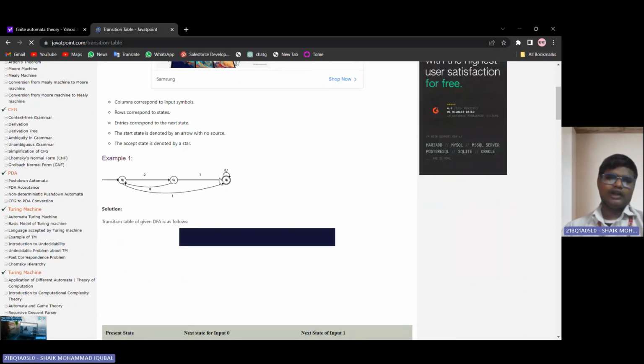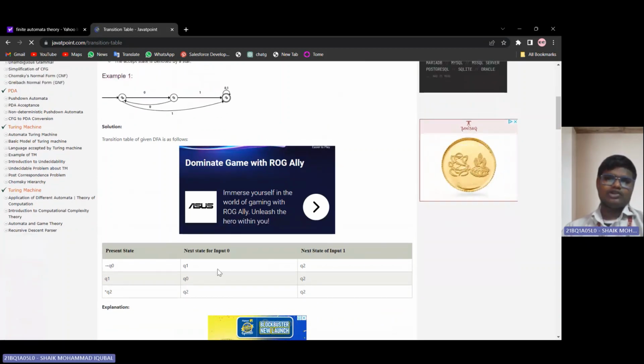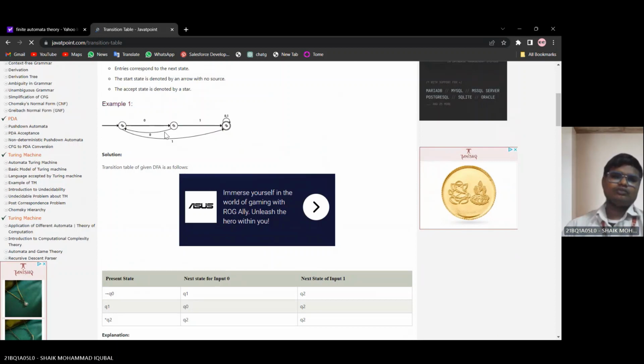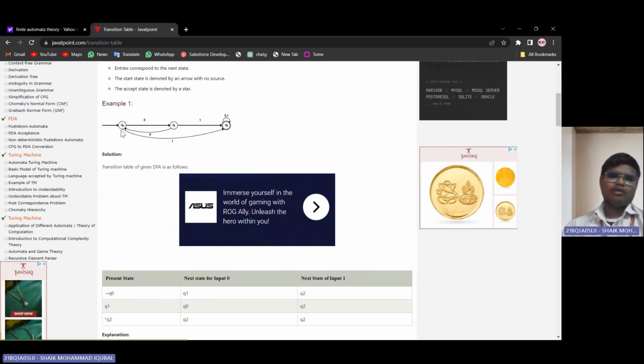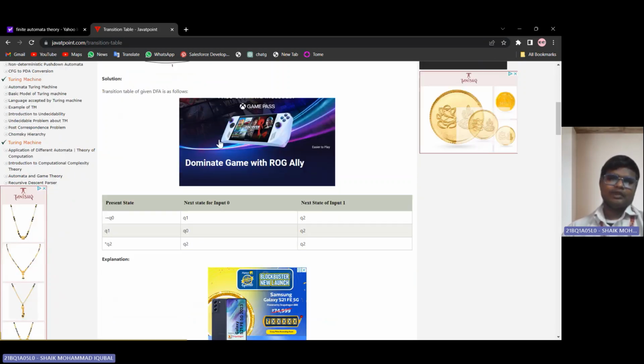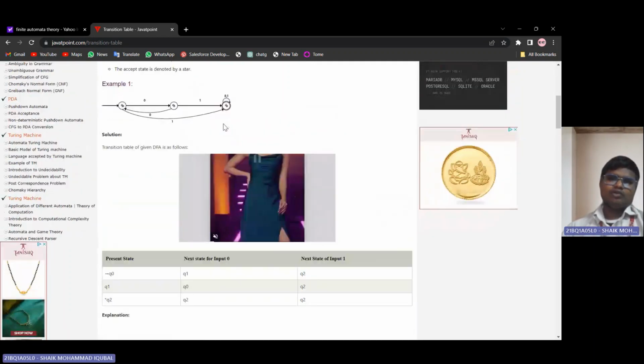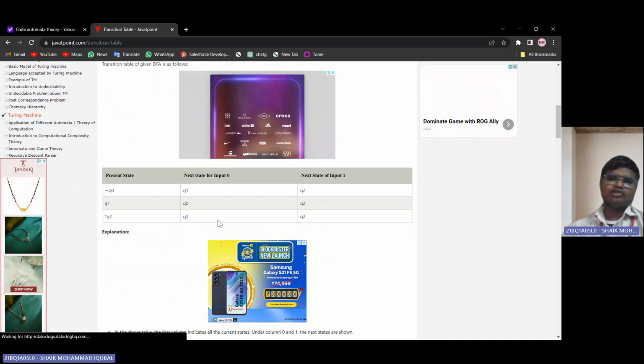Here is an example for a DFA. The transition table of the DFA is as follows. From Q0, by giving the input 0, it moves to Q1. From Q0, by giving the input 1, it moves to Q2. In Q1 state, by giving the input 0, it again moves to Q0. In Q1, giving 1 as an input, it moves to Q2, the final state. In the final state Q2, both input symbols 0, 1 move to the same state